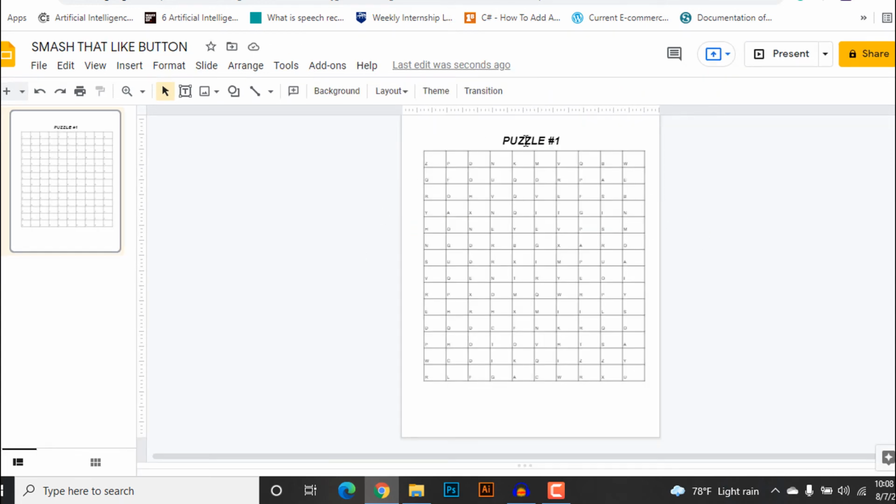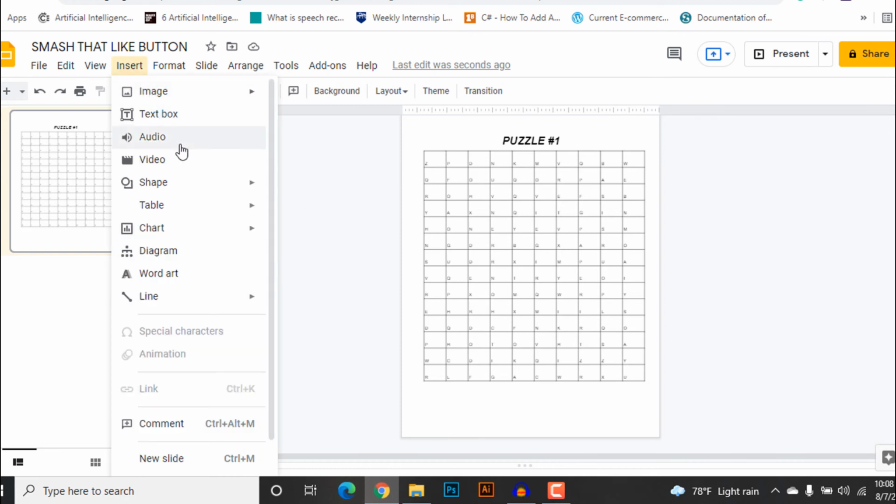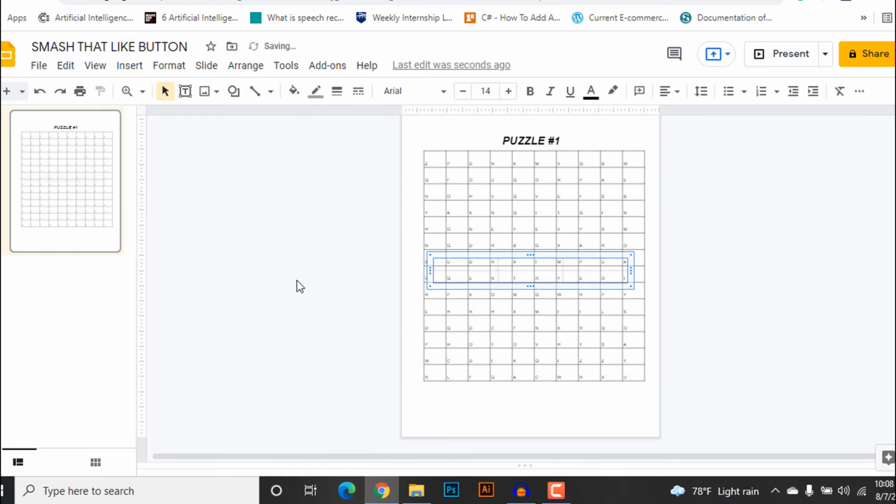So after adding title to our puzzle, we are going to go to this insert tab again and we are going to add a table of size 3 by 2 inches. Because our word search puzzle is going to have 6 words, we are going to use this size. If your word search puzzle has got a different number of words, use a different size of table to make sure all of the words fit inside the table. So after that, let's resize it